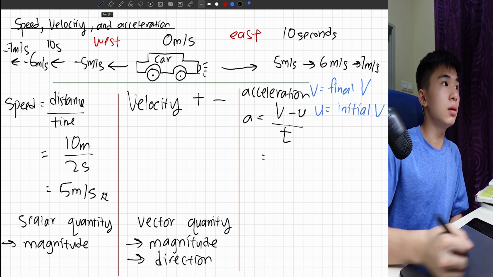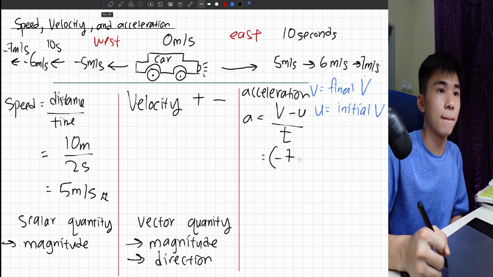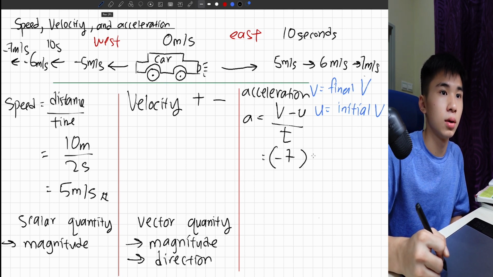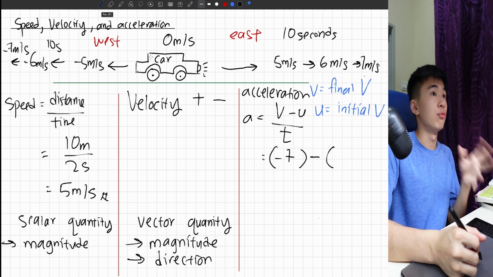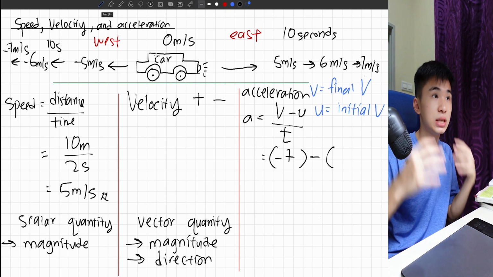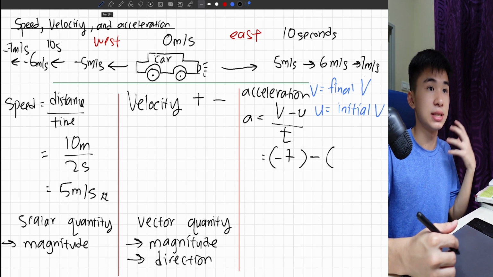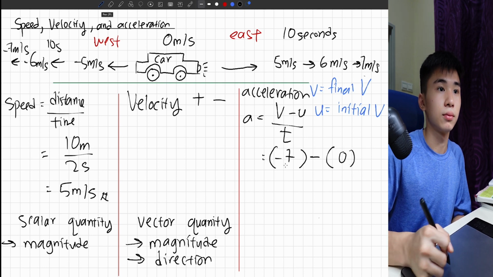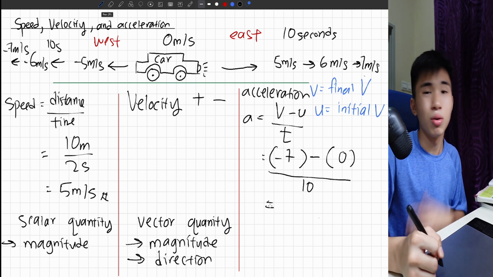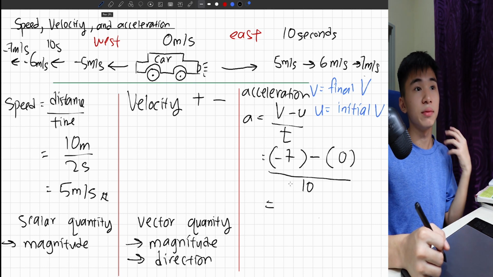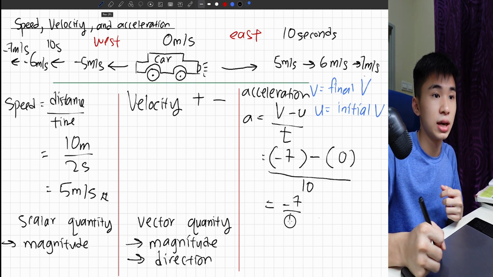Okay, so our final speed right here is going to be bracket negative 7 close bracket minus our initial, which is going to be 0, right? Because we are reversing from 0 speed to negative 7 meters per second. So 0, the total time taken is going to be 10 seconds. So the answer will still be the same. Negative 7 minus 0 is still going to be negative 7 over 10. We will get